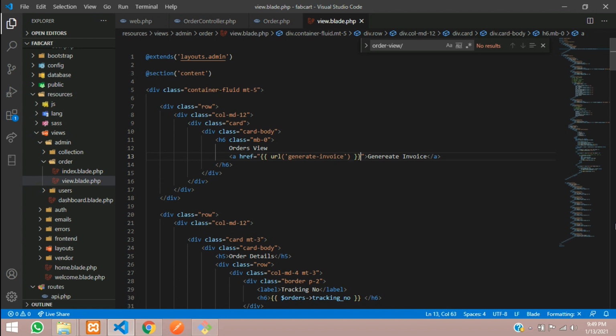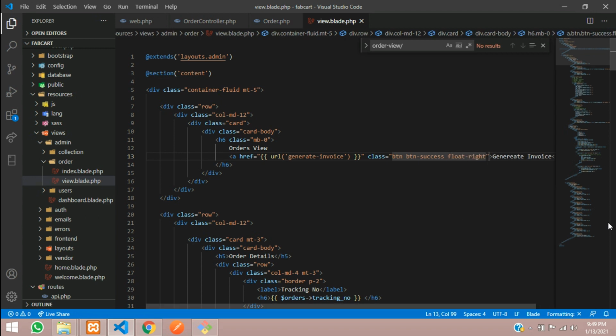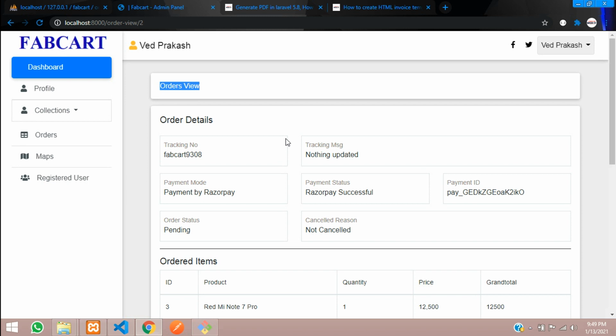Done. And I'll give a class for this button, success, and let me float this to right. Save it, and let's reload this and you can see one button will be there.